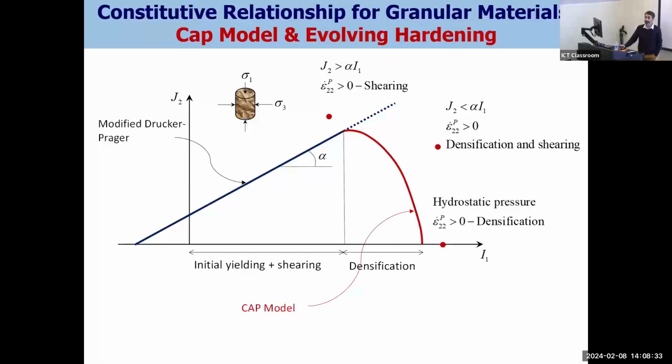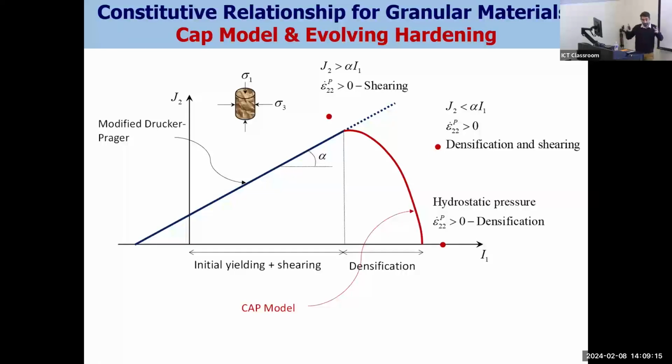For the granular layer, what we use, and of course we have made some modifications, is called a cap model. The only difference here is that we put a cap on it such that when the stress in the confinement level increases, material can undergo permanent deformation. But when you use the classical modified Drucker-Prager model, it doesn't matter how much confinement you apply to the material, it will not show any permanent deformation. So the cap model will allow us to basically get permanent deformation due to several mechanisms.